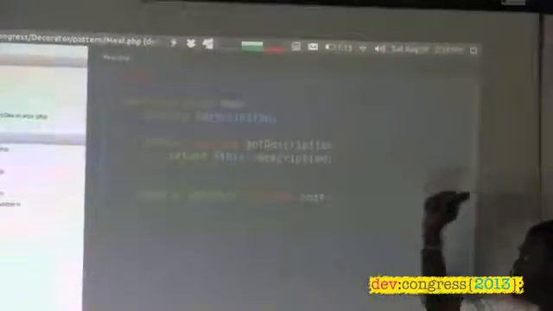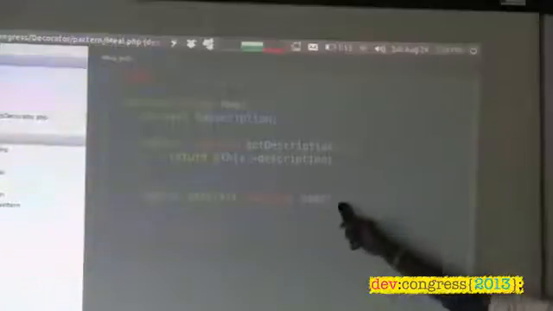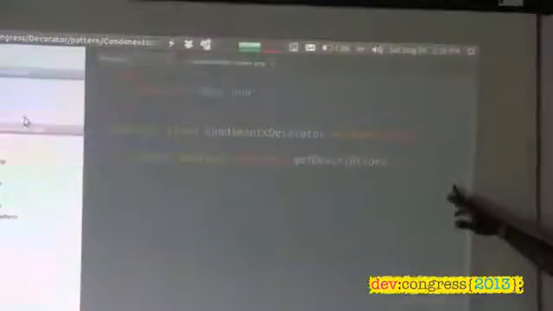So doing this with the pattern, you have an interface which is called meal, right? All the meals, whether wache or the condiments, will implement from it. And it has an abstract function which has to be implemented in all the classes that will extend from it. So the wache will extend the meal, and we have another abstract class, which is the condiments, which is the Gary and all those kelewele stuff that you add to your main meal, which will also implement the meal class, so that it will make it easy for them to be able to